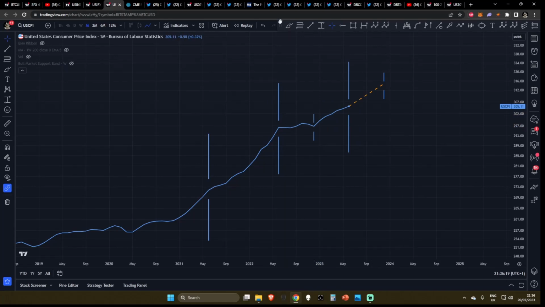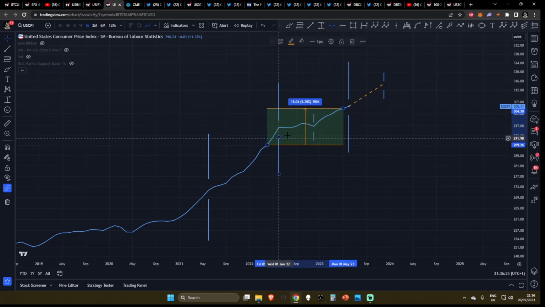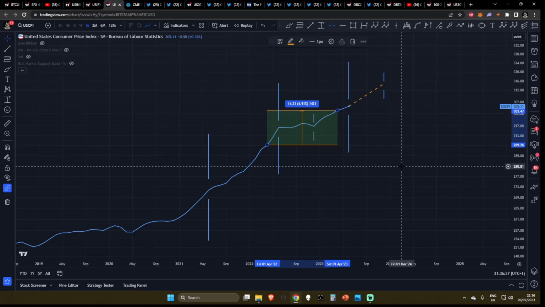So why has this been dropping down, and why do I think this is going to be coming back up to the upside? Well, first of all, once again, we measure the rate of change in CPI from looking at the data points from 12 months ago and comparing them from today. Well, if we measure from 12 months ago, you can see this is 3%. Let's take it back another data point. You can see this is 4%. If we take it back another data point, you can see this is 5%.